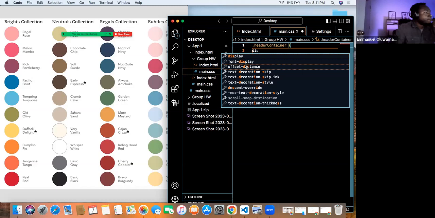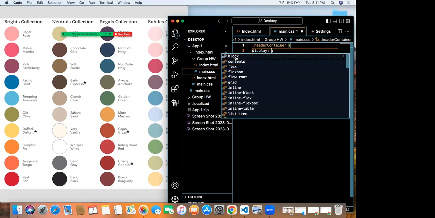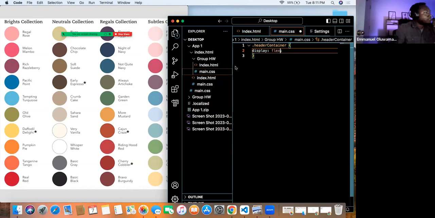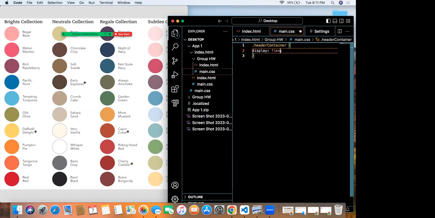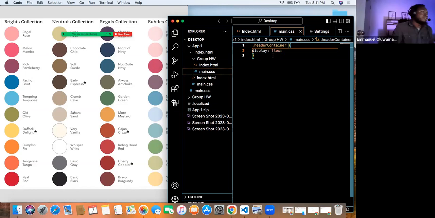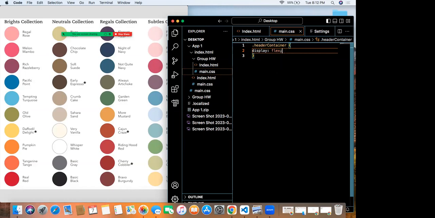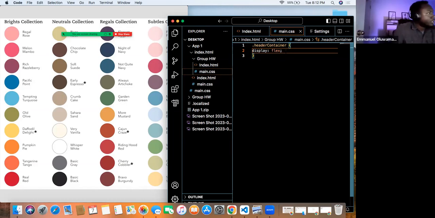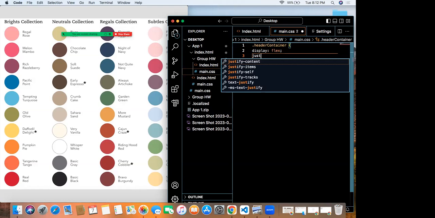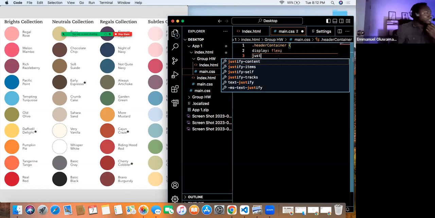The first one, yeah, and flex. Okay, save, and let's see. Then it's on a different line, right? And then we justify content, and I guess it's not centered. How do we do that? We're going to do all of that. I just don't know what it's going to look like. I think when you've done this a number of times, you know exactly what it's going to look like for every line you write. I want to see what it looks like so that I know what to do next.